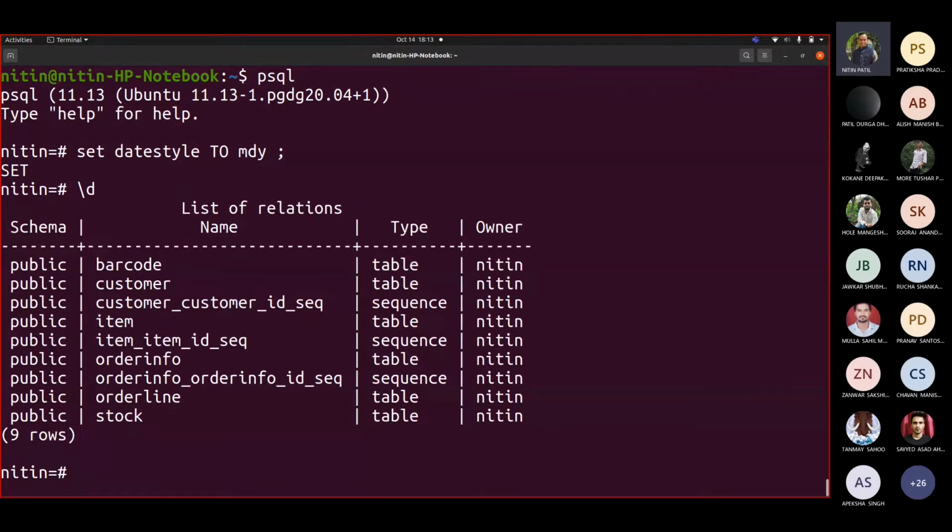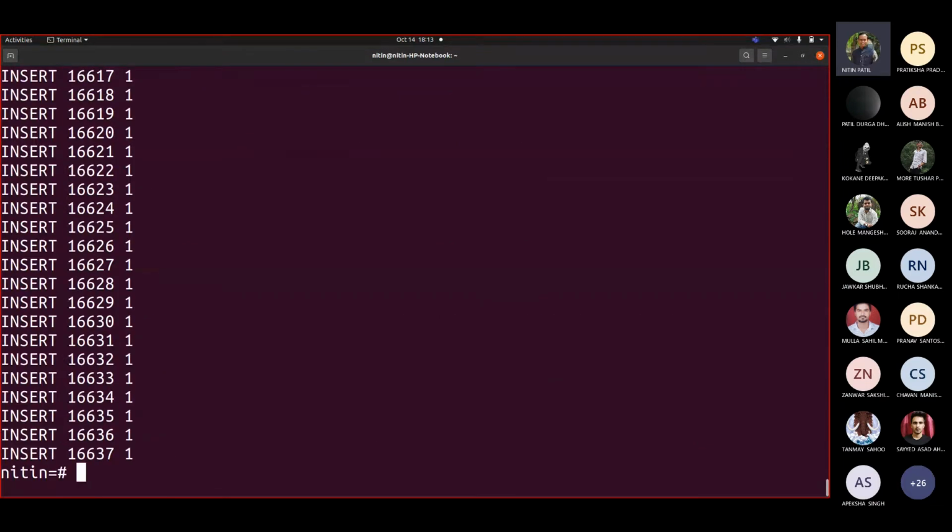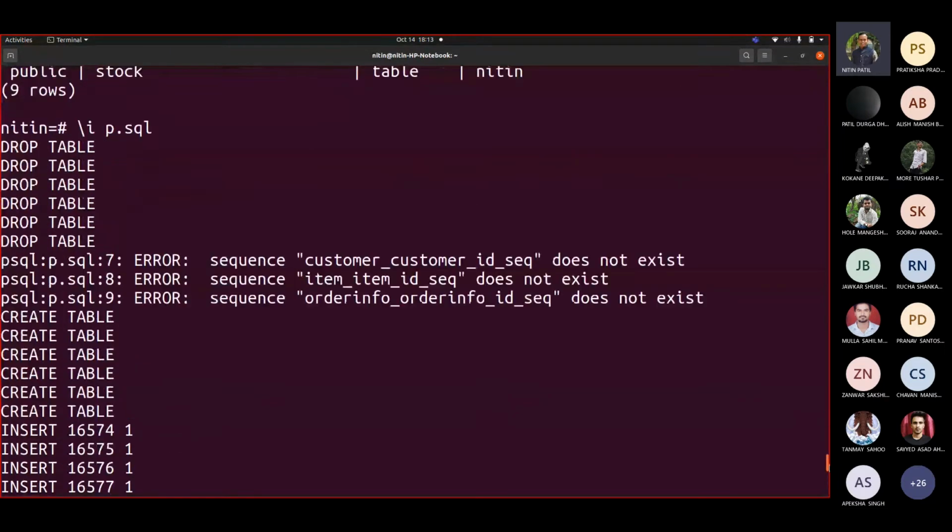You can see the table is there, the sequence is there. If I fire this command again, \i, it will overwrite everything. Now we could not see the error. The error was there in the upper half. It was because of this sequence, because you dropped a table, so ultimately the sequences also got deleted. In the initial stage, in the file that I have, I have written drop statements, correct?